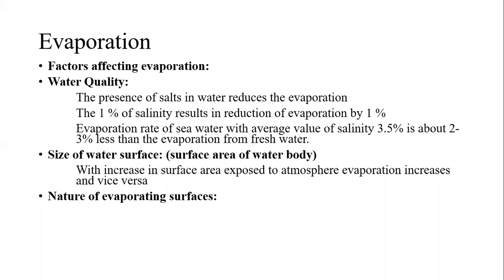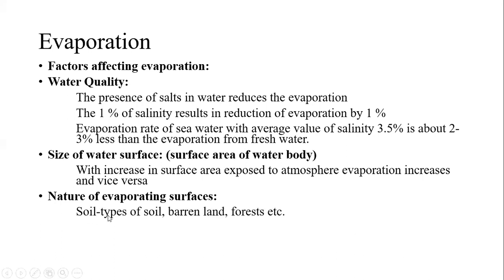Evaporation may occur from the soil. Whenever the soil gets saturated by water molecules, the evaporation may start from the water body itself, or from the soil surface, or the water surface. The evaporating surface may also be snow, or barren soil or barren land, or it may be forest, or cultivated land. So we'll see that now one by one.